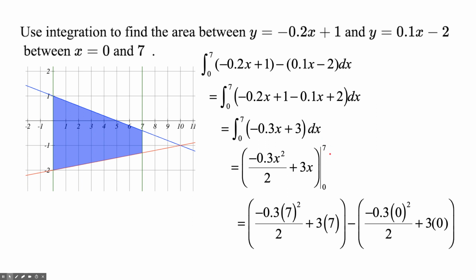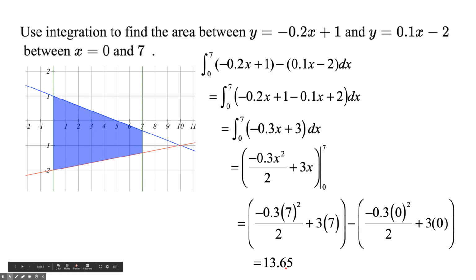So we plug in 7 first, the upper limit goes in first, so that's what I'm doing here in this left set of parentheses. And then we subtract, via the fundamental theorem of calculus, what we get when we plug the lower limit of integration into the antiderivative expression up here. So we put a bunch of zeros in, which it turns out this whole thing ends up going to 0. When we do the calculations, we get